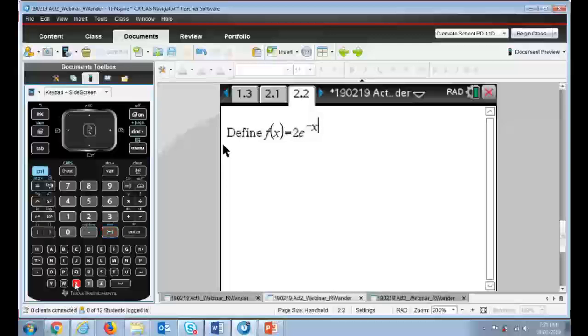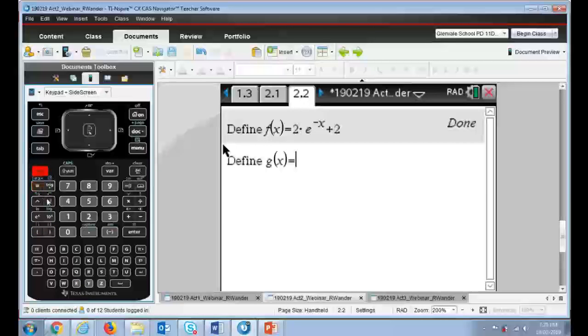This might be different to what I had up on the screen before. And then plus 2 into that, and we'll define g of x equal to the square root, control x squared, x plus 1. Now I want to have plus 1 outside the brackets, and this is where students and teachers